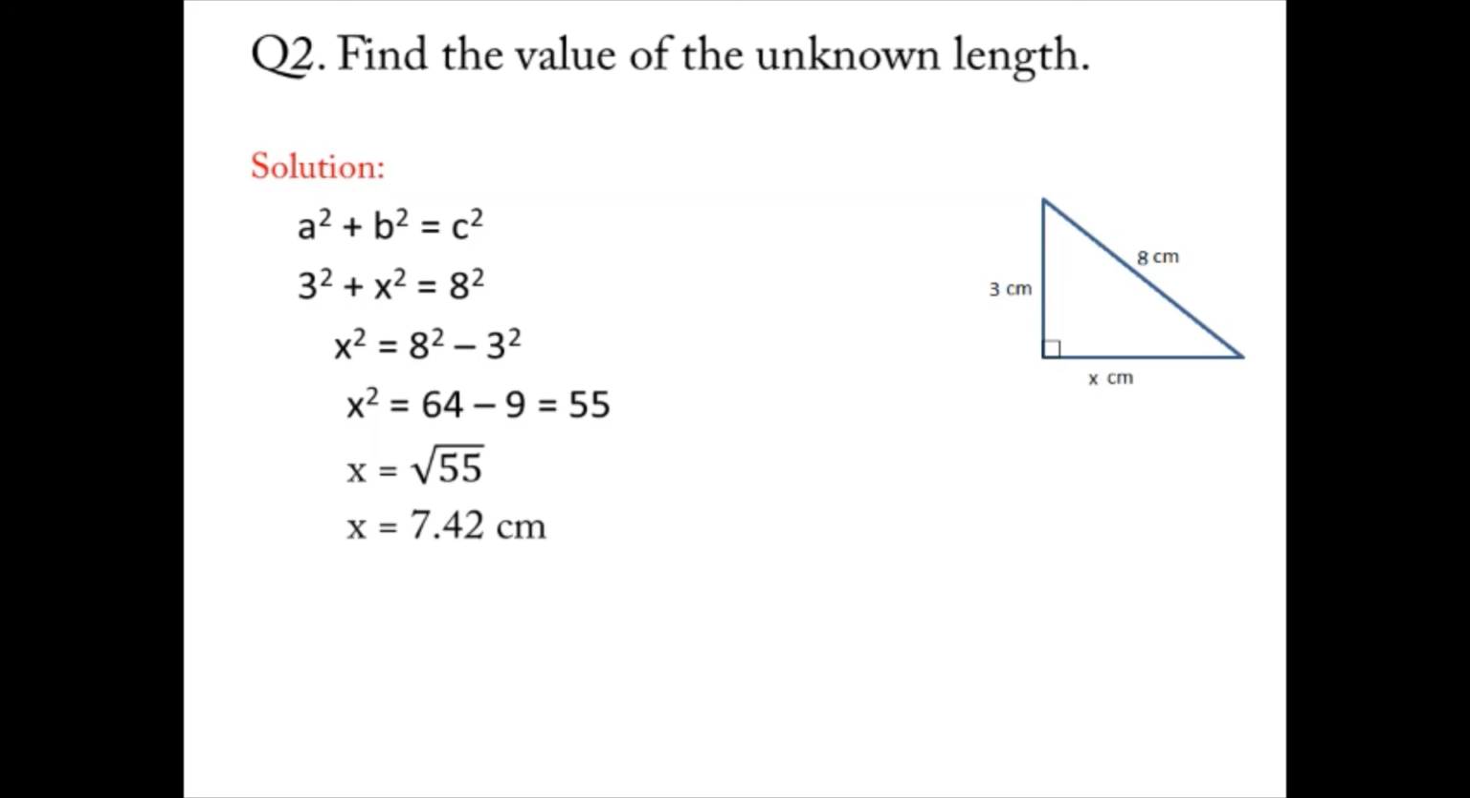What is x? Square root of 55. So x is equal to 7.42 centimeter. Is it less than the hypotenuse? Yes, it is smaller than the hypotenuse. Now we found the